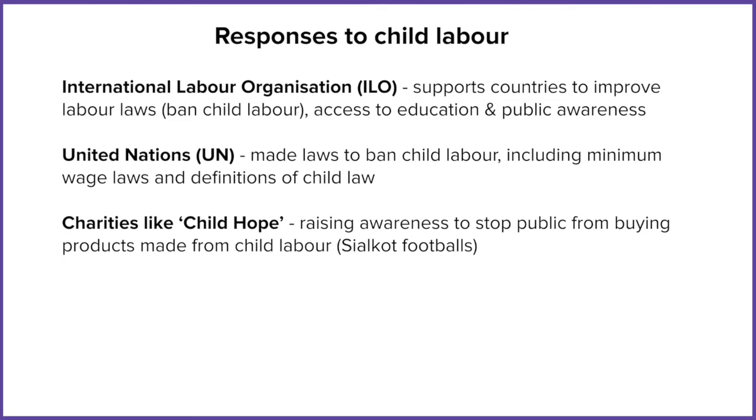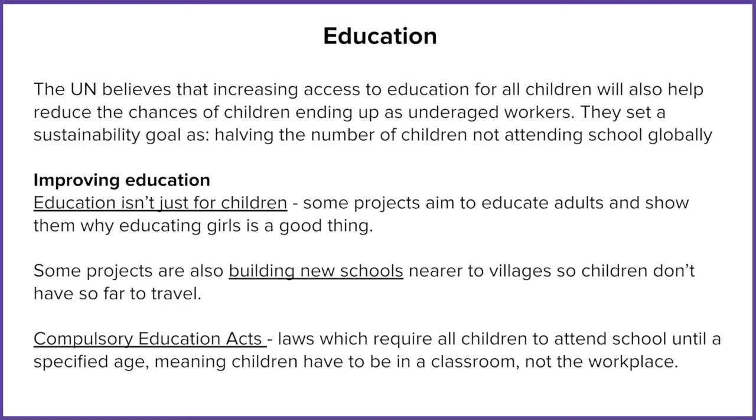So back in the 90s, Silcott were producing massive amounts of footballs that were used around the world in the Premier League. They were bought by the general population, but they were being produced by child labour and working in very, very poor conditions. And they changed that. The public opinion on this child labour became quite negative, and therefore the companies that were buying the footballs from this location ended up having to change their practices so that child labour wasn't an issue.